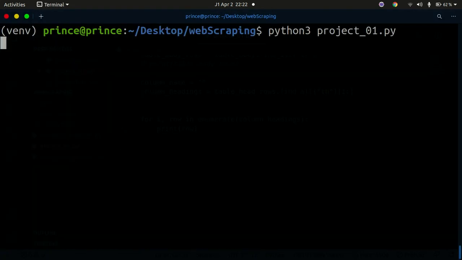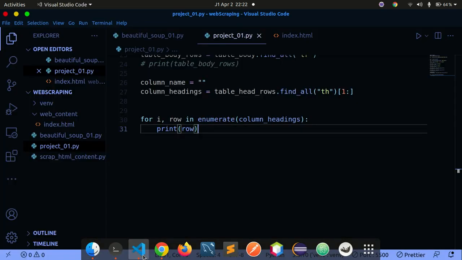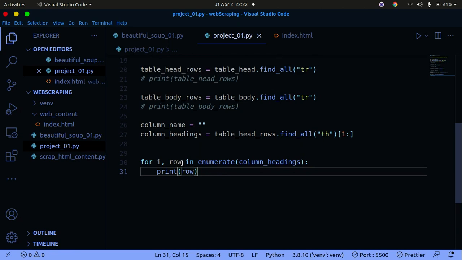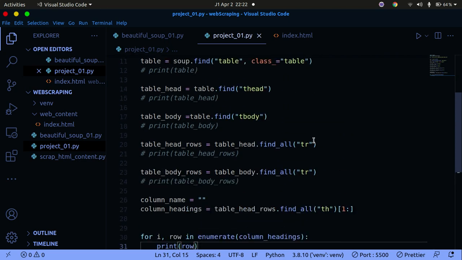So let me clear the terminal and then run that again. We got back an error that says, did you mean to call find when you called find_all? So this error is coming from the column headings part. Column headings dot find_all. Okay, we are getting an error here. I think the solution to this error is we can just use